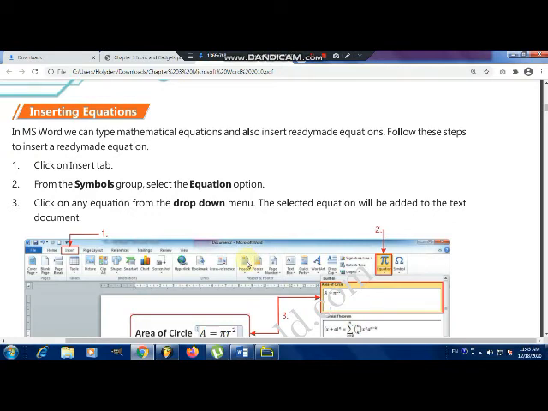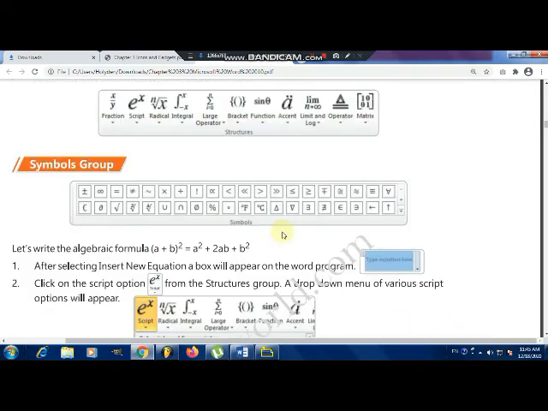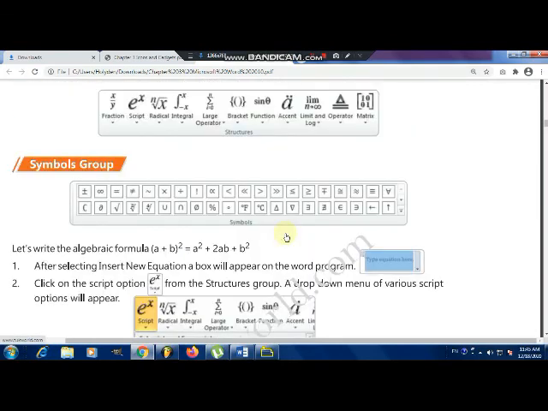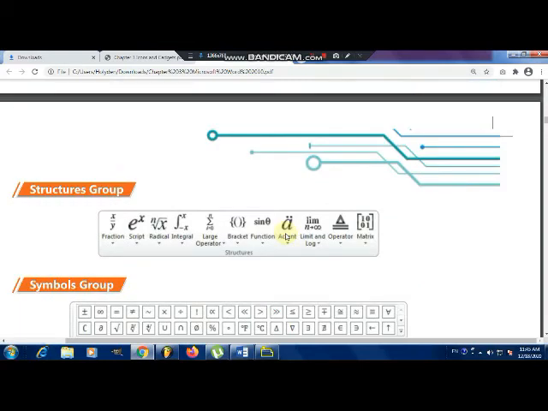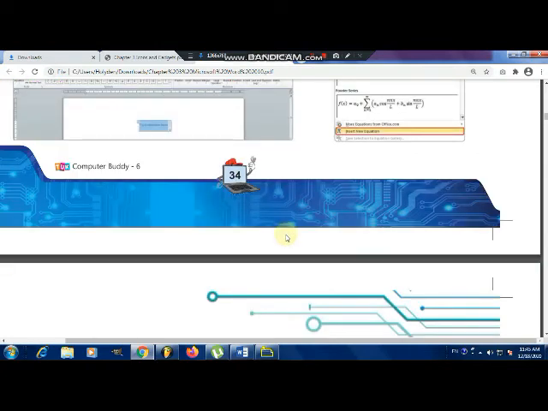Simply you have to call those equations by using the Equation command, okay, and it provides some inbuilt templates. By using those templates, you can customize the equation. That means if any particular equation is not present, then you can create that equation by using the groups which are there in Design. These are the Symbols group and Structures group. That means using the Structures group and Symbols group, you can create or customize any particular equation.